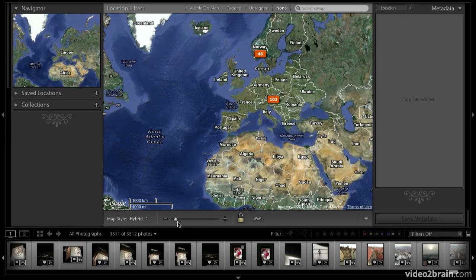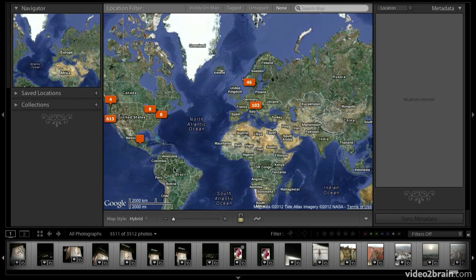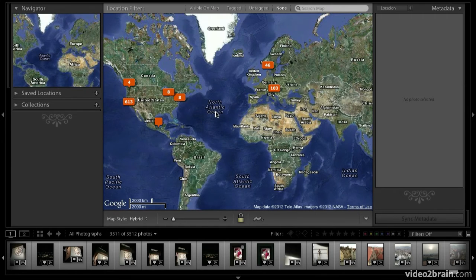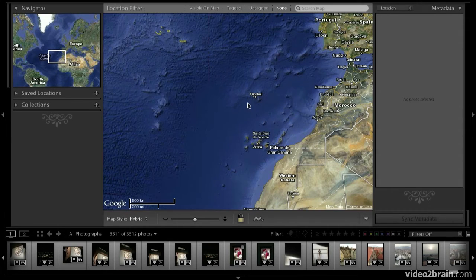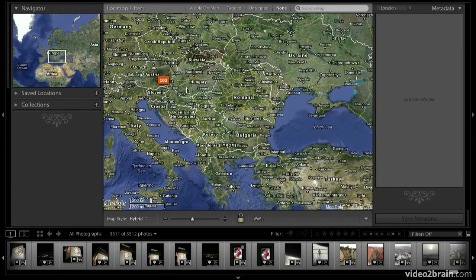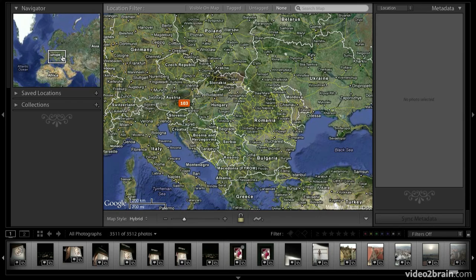So let me show you now some navigation tips. I'm going to go ahead and zoom completely out, and we have most of the world showing here. How do I get into a particular location? By using the zoom slider, it's really not very precise. I can move in, and then I can click and drag on the map as I'm doing here to get to a location. I can also come over here to the navigator window and move around this way to get